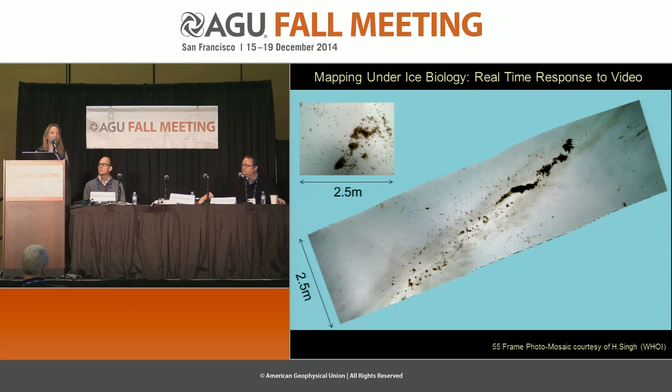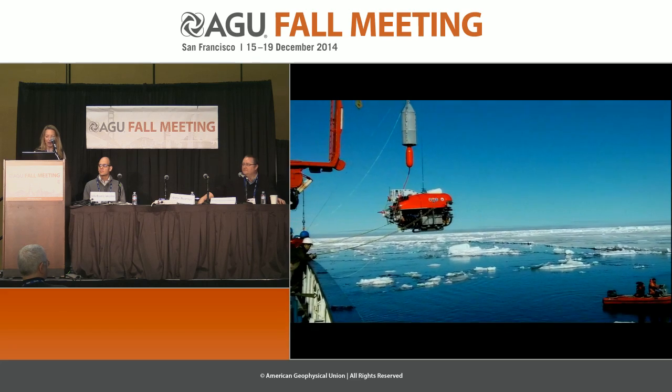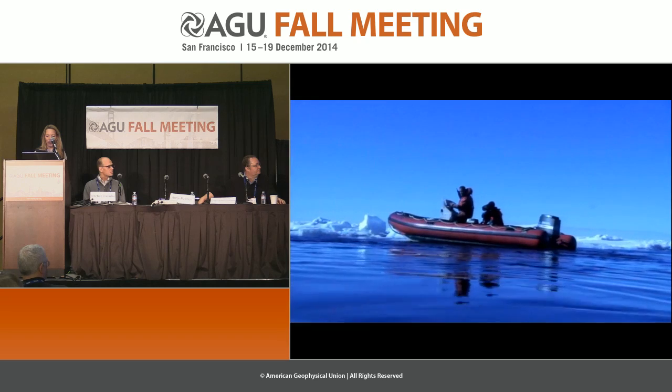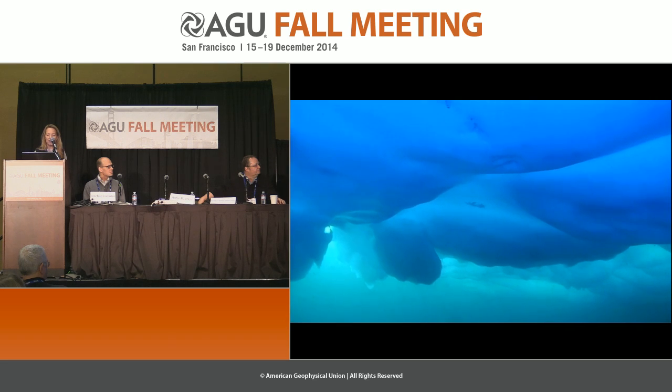And we have to include that when we want to understand the carbon cycle in the ice. Now, let's take a dive with Nui. And here you see the picture from Polarstern, our icebreaker, when we launched it. We filmed the operations to also document how the robot can be operated from the ice, and now we're diving under